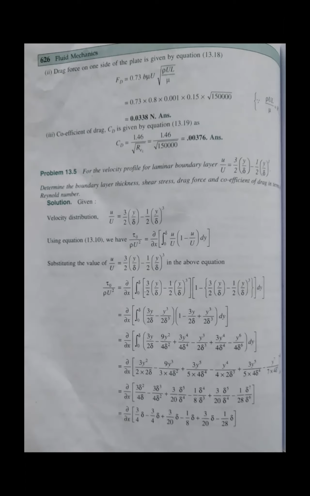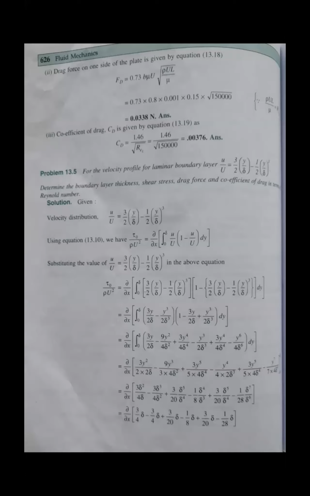Now, if you can do this type of standard problem using the momentum integral equation, tau 0 by rho u square is equal to dou by dou x of theta, then you can do any problem of velocity profile. So once boundary layer thickness is asked, you have to recall the momentum integral relation, which is tau 0 by rho into capital U square is equal to dou by dou x of theta, where theta is the momentum thickness, integral 0 to delta small u by capital